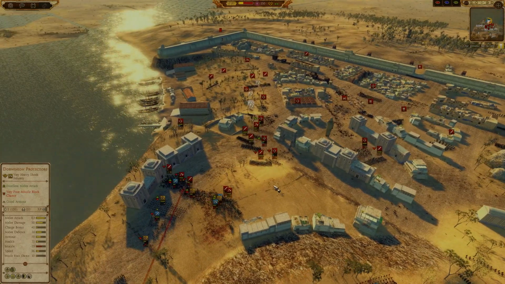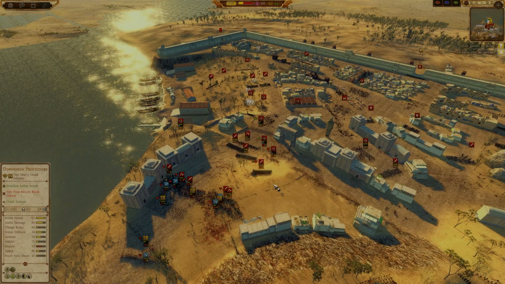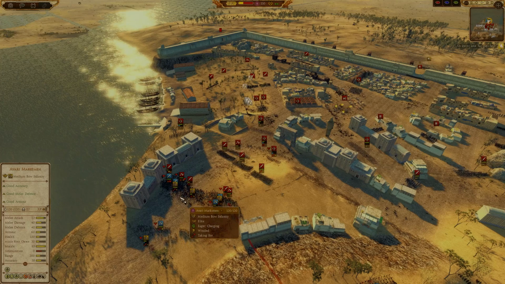And you guys know me, I love horse archers. Horse archers are such a fun unit just to really annoy your opponent. It requires a lot of micro, but it's great. And there you go, the last set of reserves moving in. So yeah, again, if we can hold this line, obviously I'm throwing in my archers now, but these archers don't